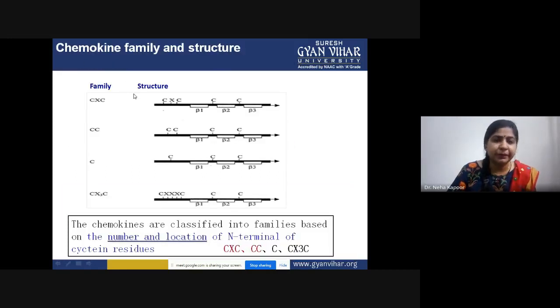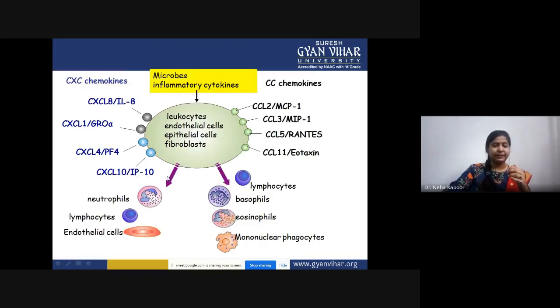This is the chemokine family and its structures. There are four families: CXC, CC, CX3C. However, they are classified into different families depending upon the number and location of the N-terminal cysteine residues. Because of that, they are categorized like that. This is the main overview of these chemokine receptors. This is CXC chemokines, this is CC chemokines. Here there are different types of receptors: CXCL8, interleukin 8, and in response to these,